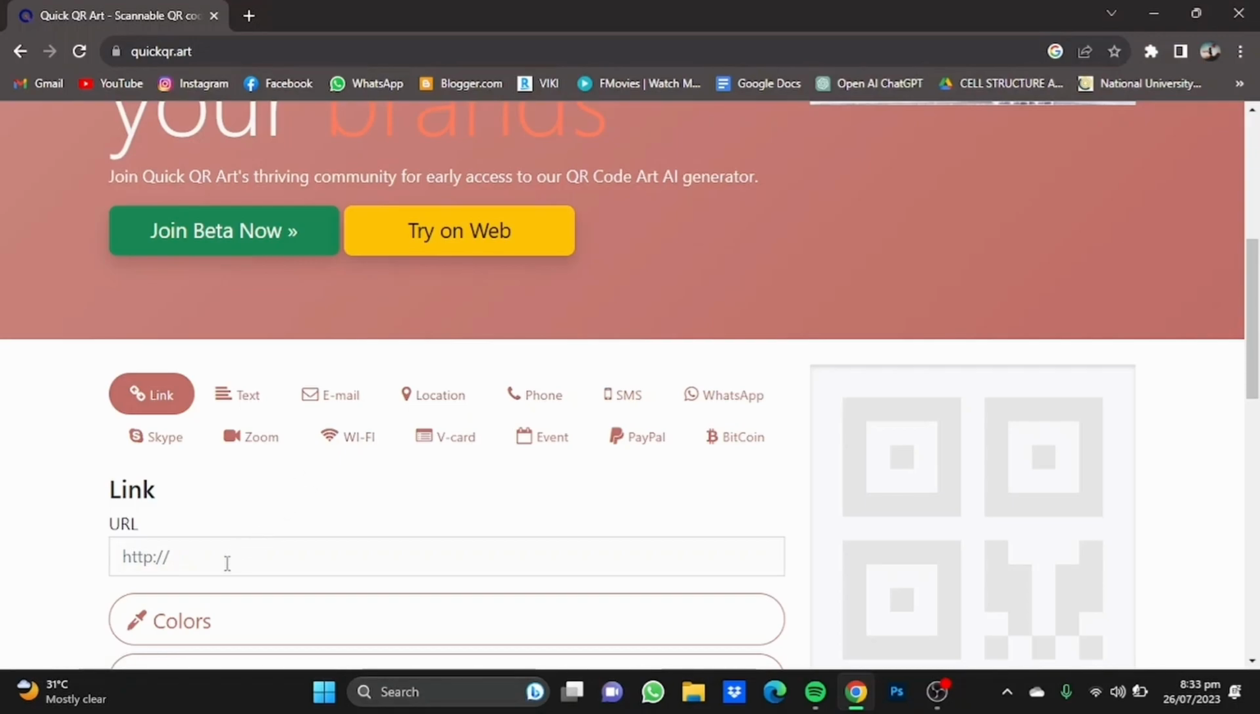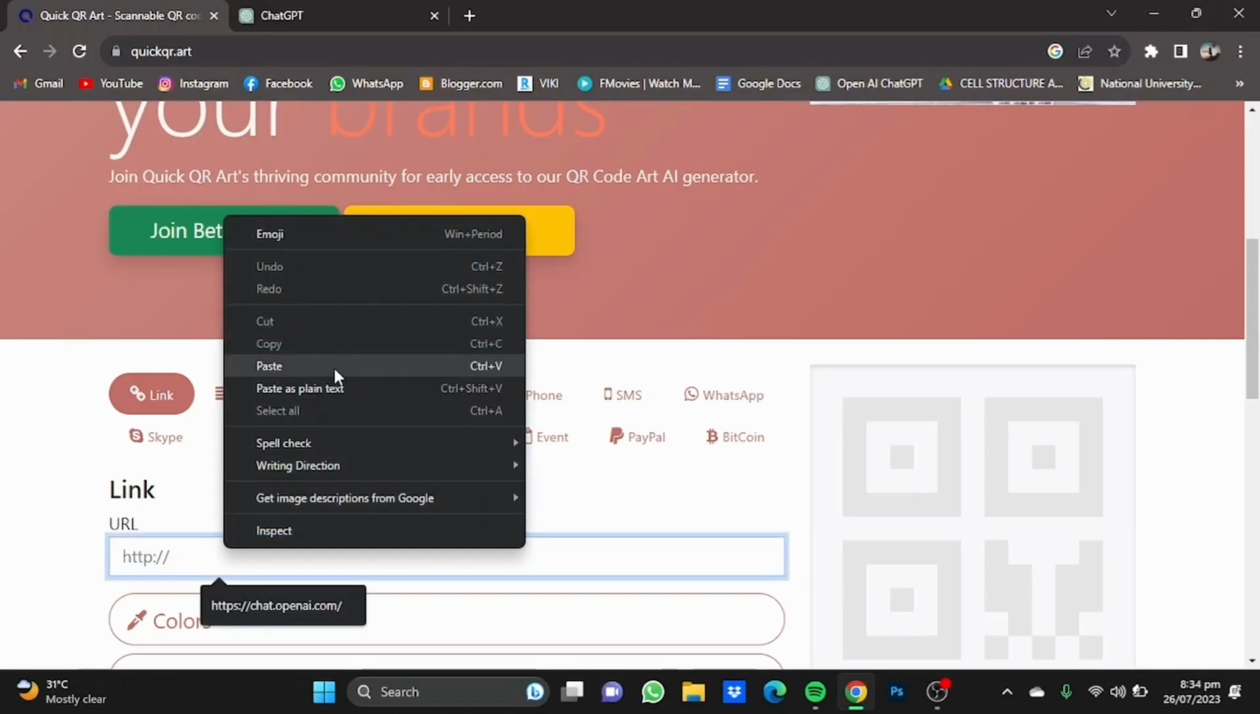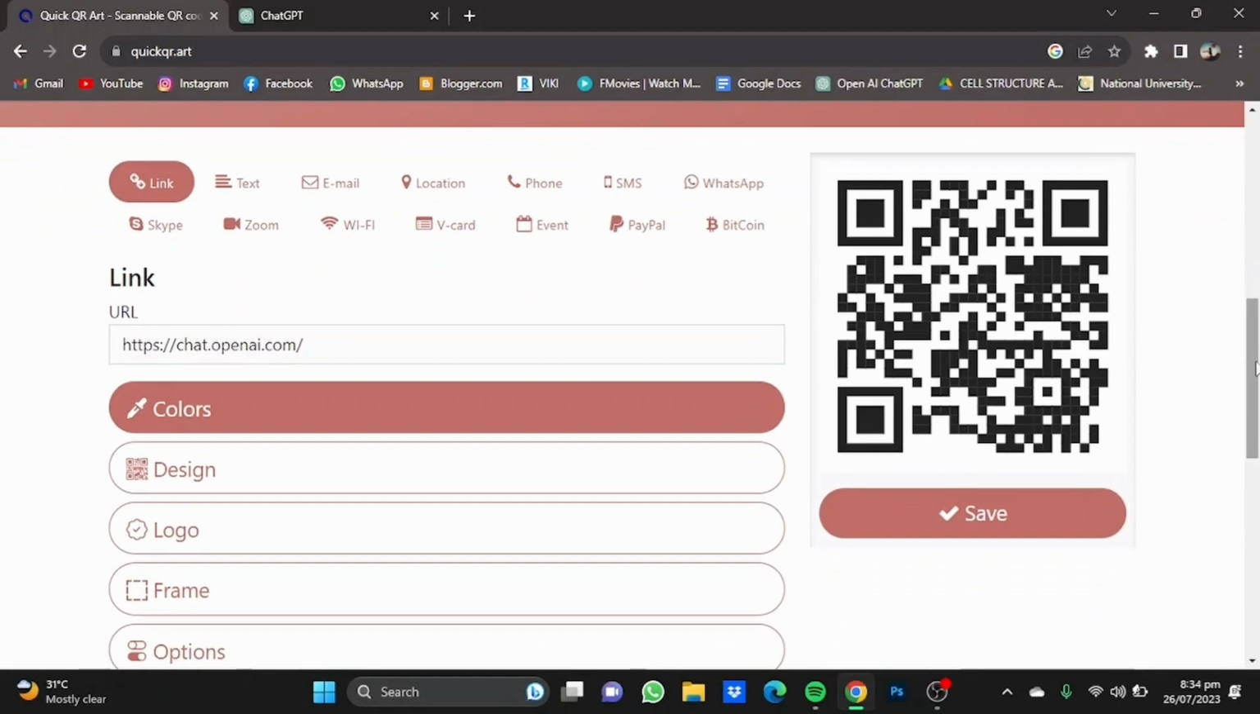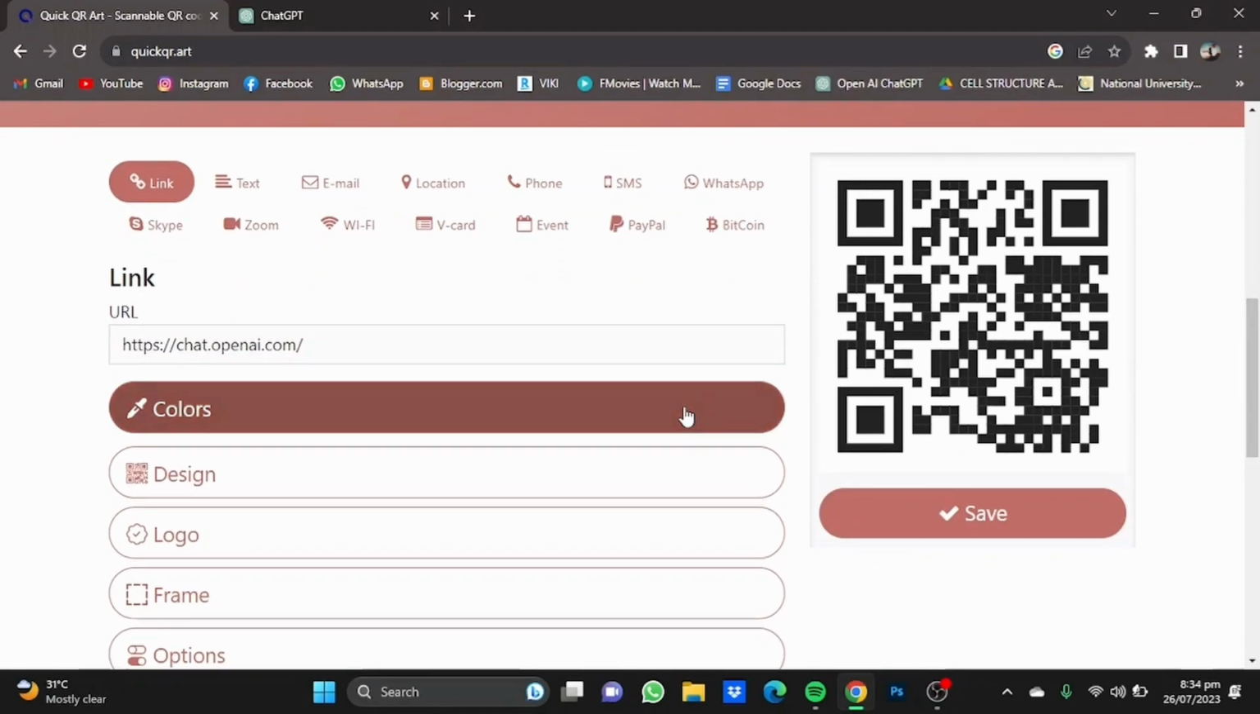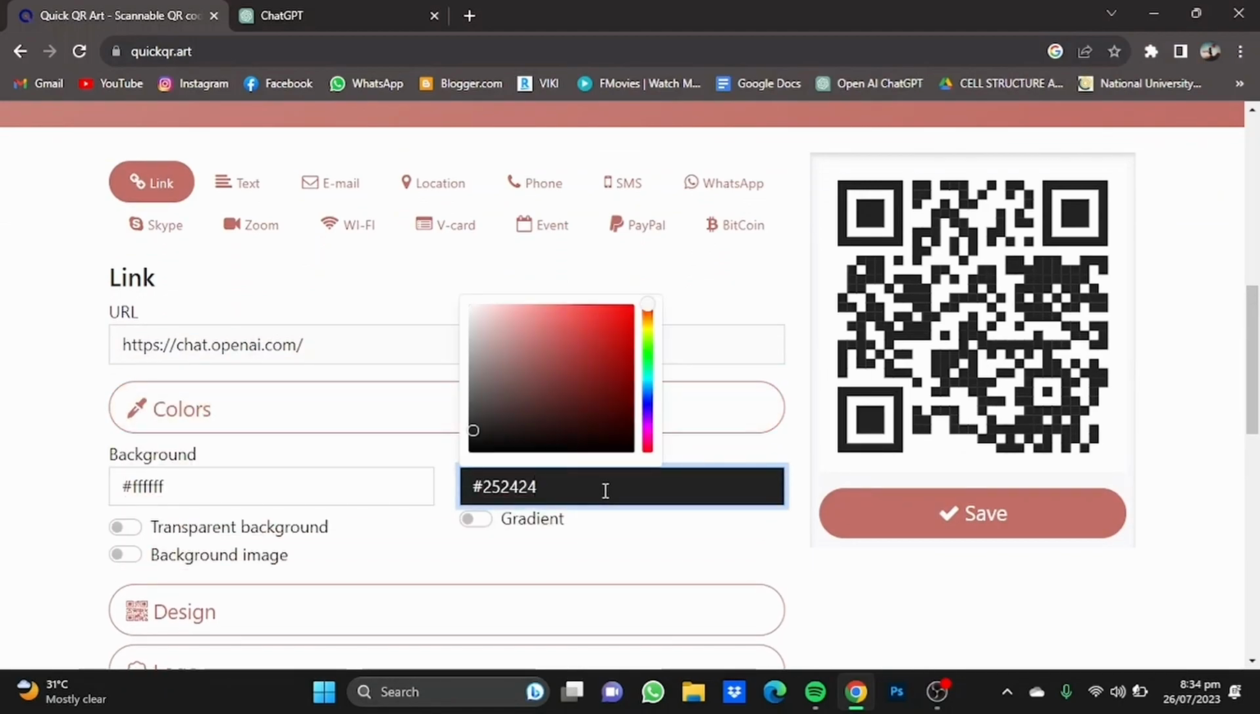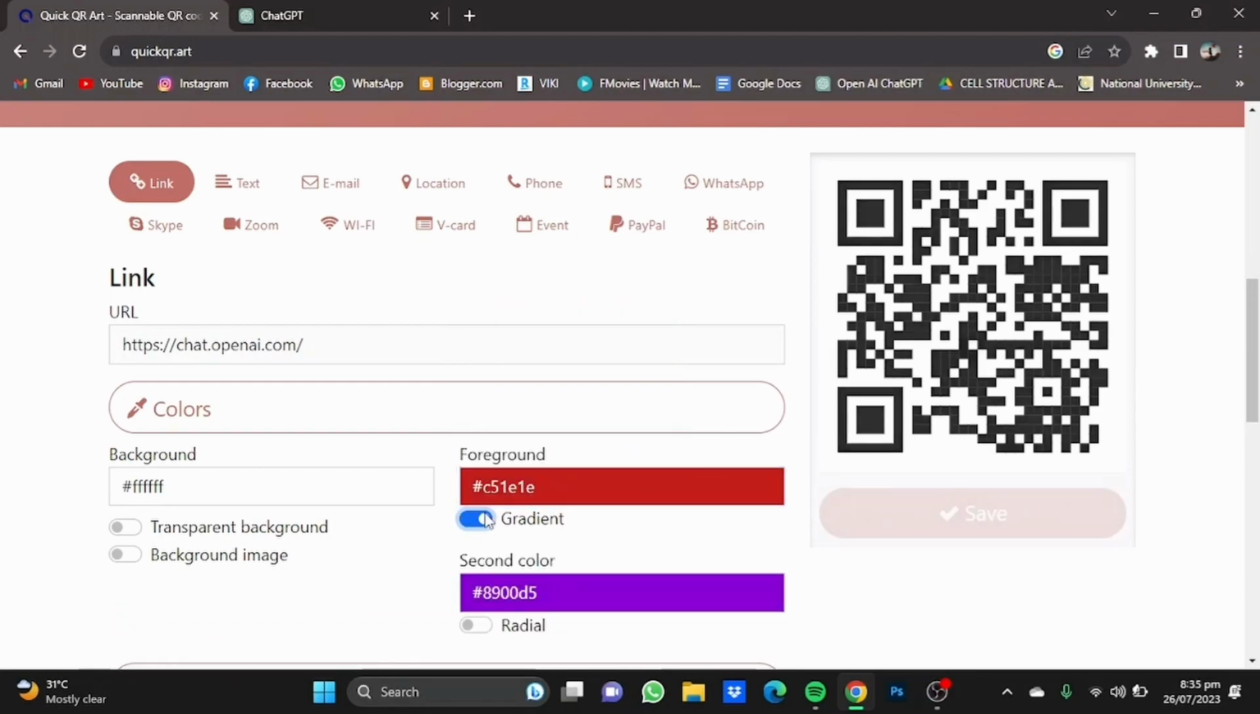I'm gonna make a QR code for ChatGPT's link. I'm gonna paste the link here. Here you can customize your QR code. For example, you can change the color or you can even use gradients,